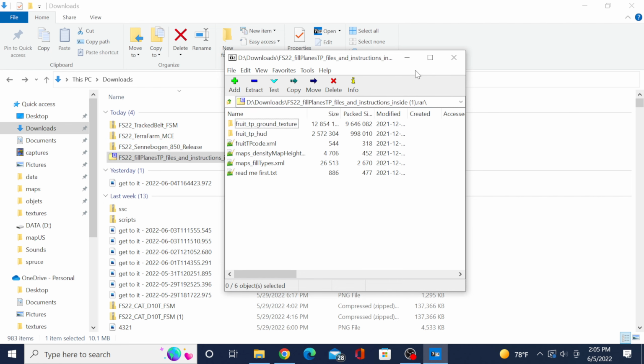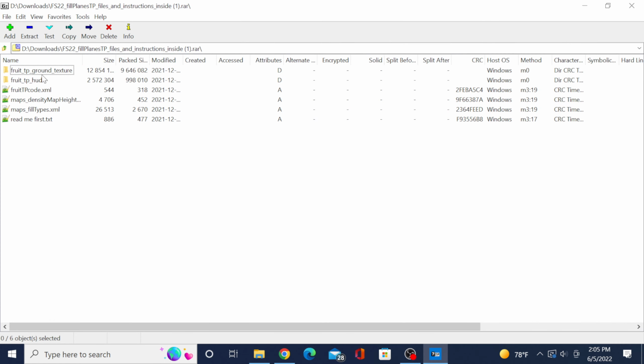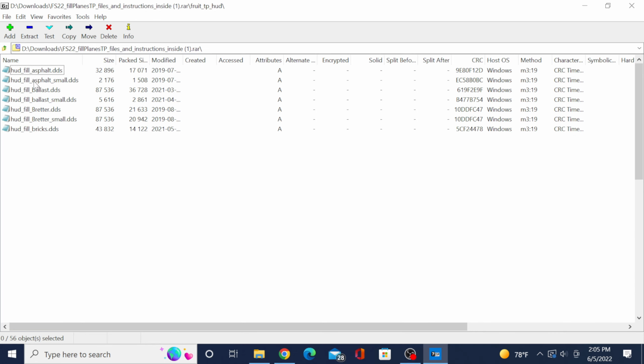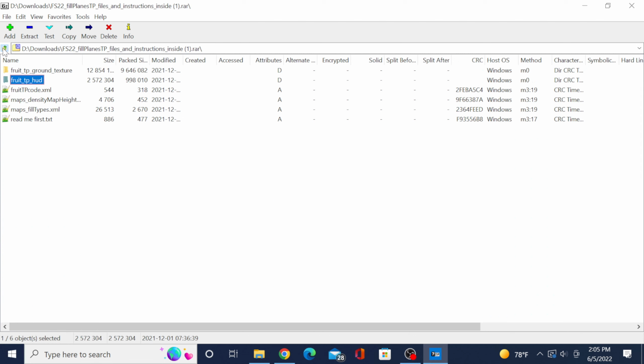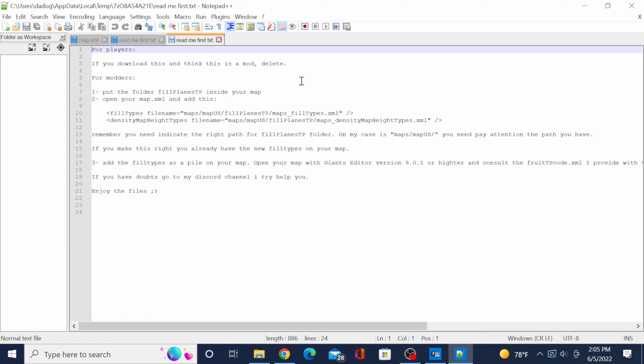But this is what you're going to get inside of it. So when you open it up, this is what it's going to look like right here. You get your README. Now this tells you how to do it, but you really don't need that because, well, you do and you don't, because I'm going to show you how to do it. But anyway,